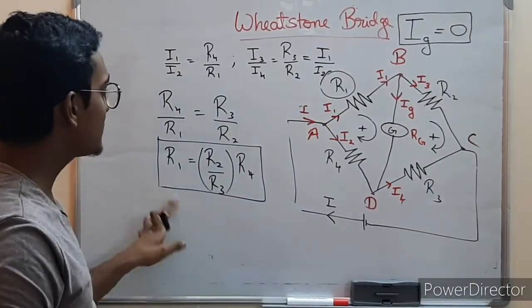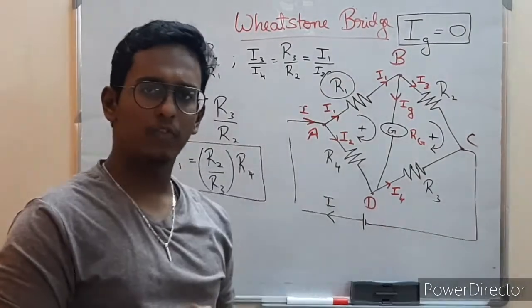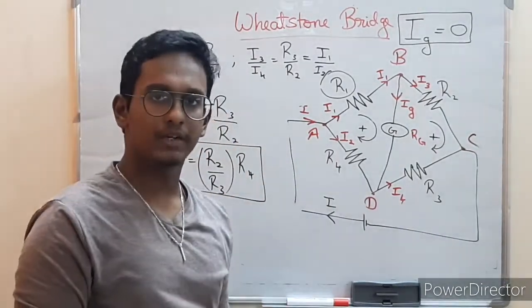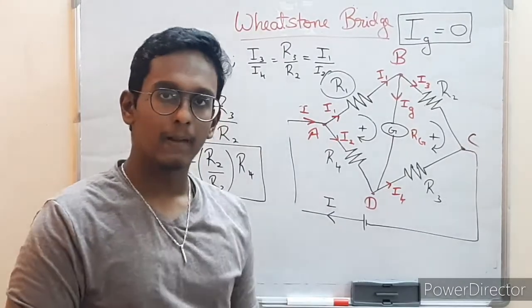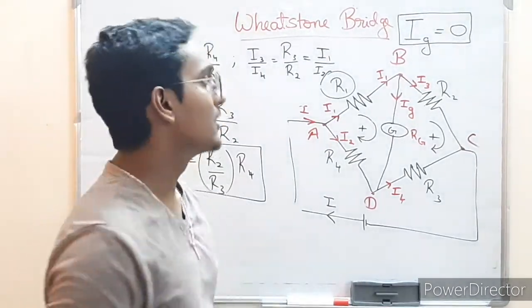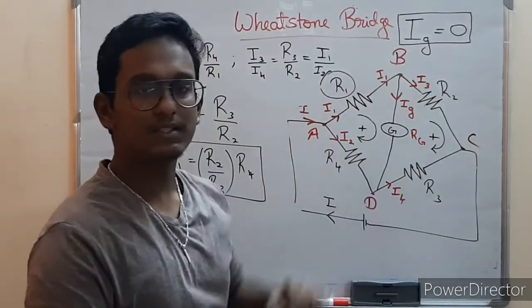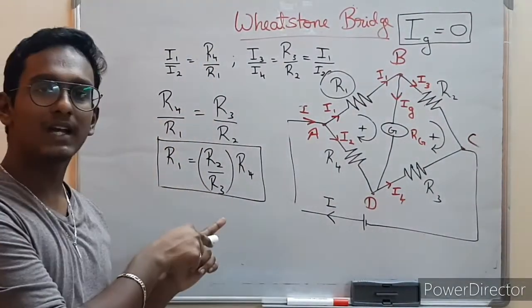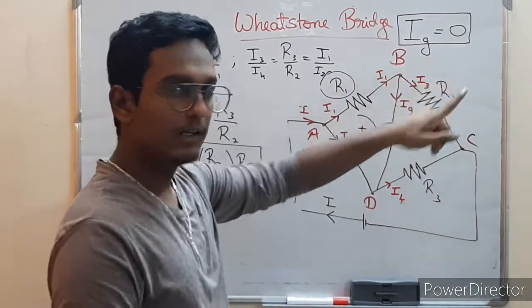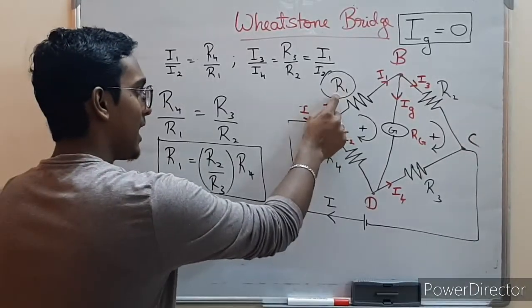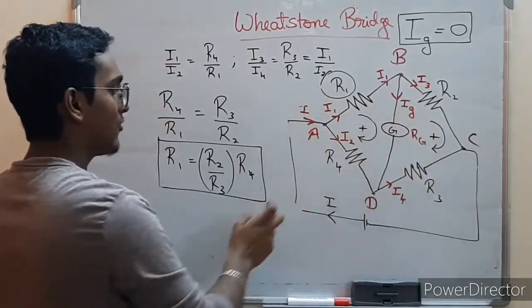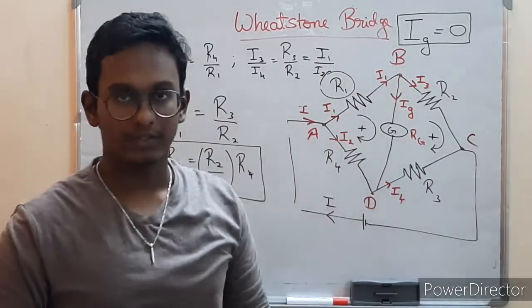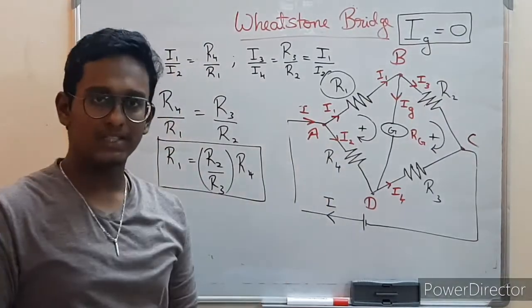Now, the question is, how do we make sure that the current flowing through the center arm is equal to 0? How can we control how much current is flowing through a given part of a circuit? It's just the reverse of what we did. We just assumed that current is 0 and we came to this result. That means if you make sure this result is satisfied, you have to get this back. So if you set up R1, R2, R3 and R4 in such a way, the current will not flow through the center point. And this is the reverse of what we just calculated.